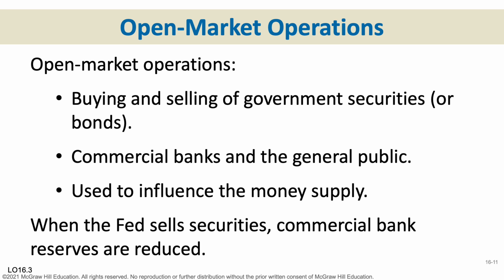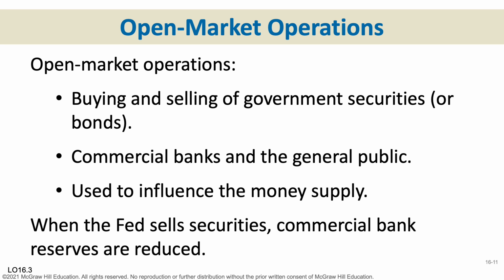The purpose of open market operations is to increase or decrease the money supply. When the Fed sells securities, let's say to a bank, the bank buys securities, but they have to pay for it. So some of the bank's reserves are given to the Fed to pay for those securities. That's going to reduce excess reserves, reduce lending ability, and it will, through a process of time, decrease the money